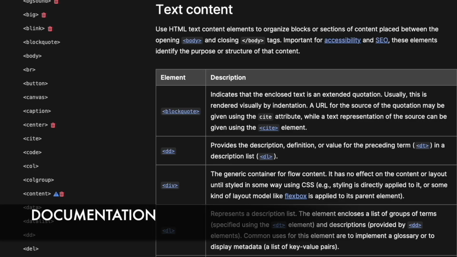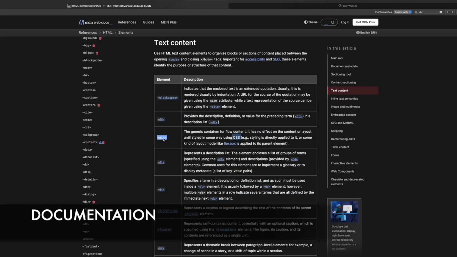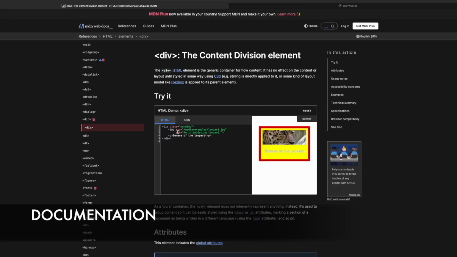So the div element is a container. Div is the generic container for flow content. It has no effect on the content or layout until stylized in some way using CSS. For further explanation, the Mozilla website allows you to try